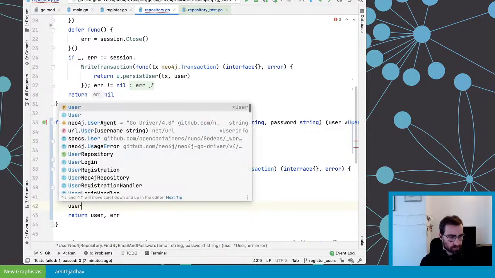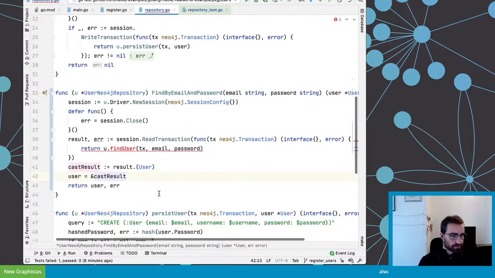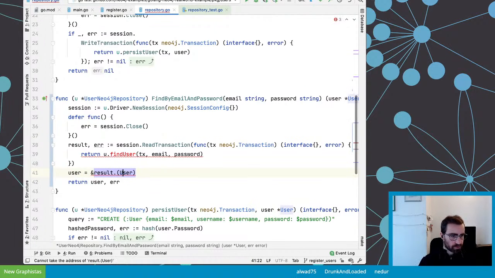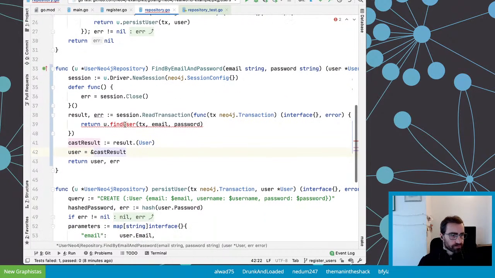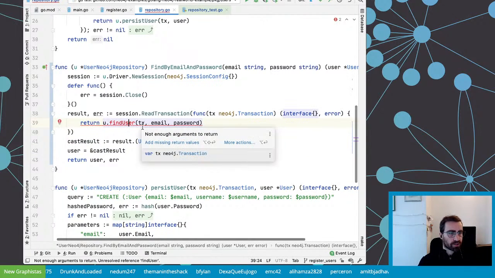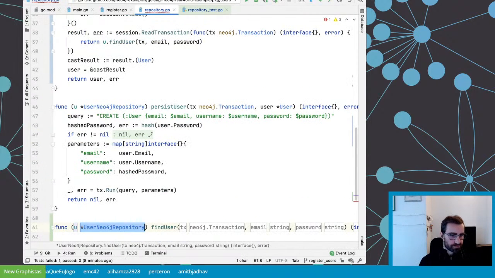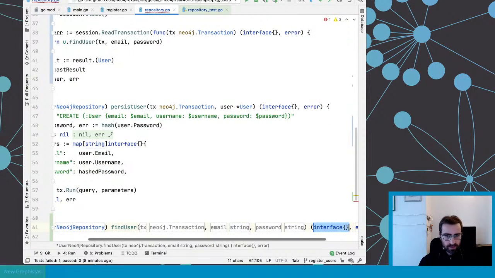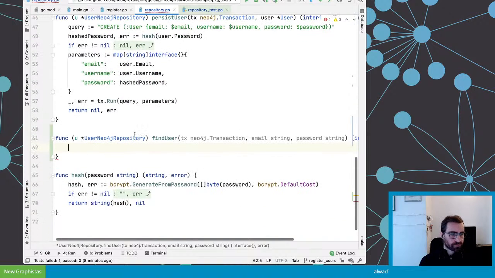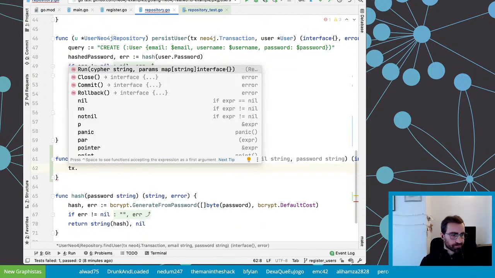And then I want, oops, okay. Maybe there is a way to inline it to keep it short. Yep, no, not really. Okay. So the compiler seems mostly happy. So now the only part left is to implement this find user. So let's do that. Transaction, because I need a transaction to run statements. Then interface and error. So I'm just, yeah, right below persist user, that's perfect. And this time I can use run directly.